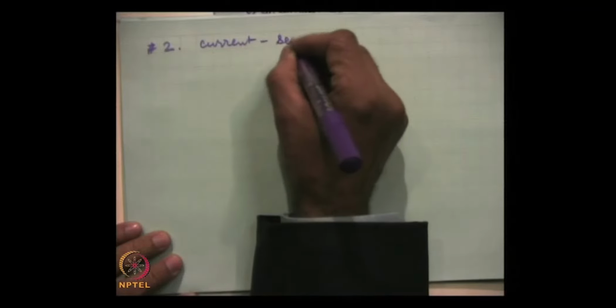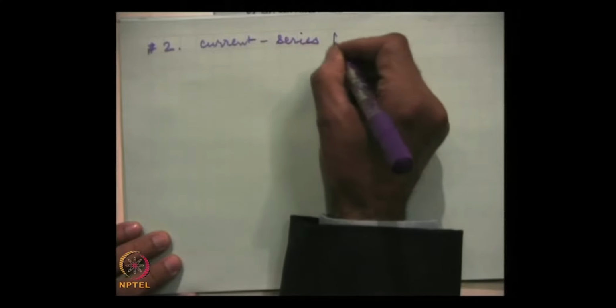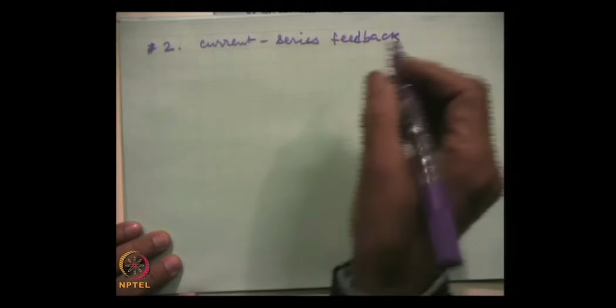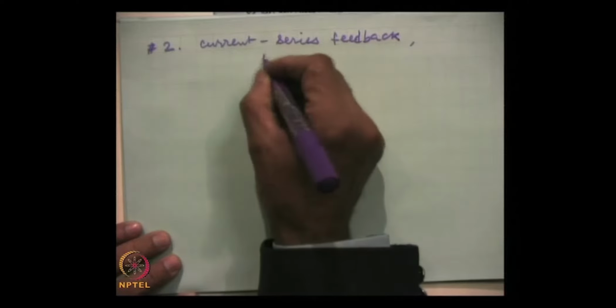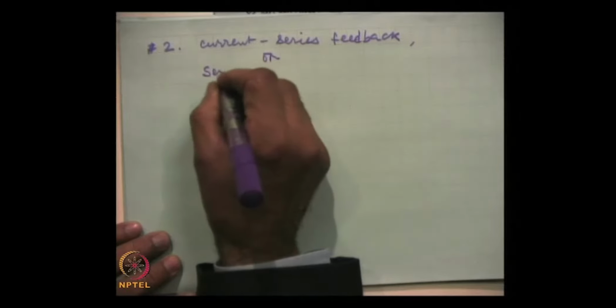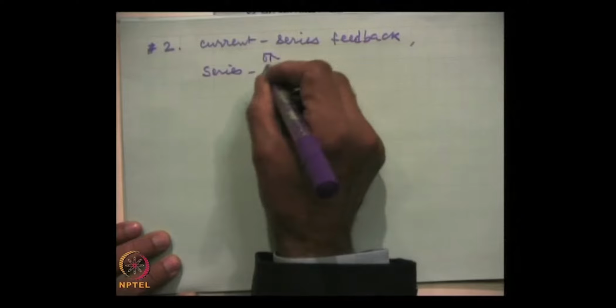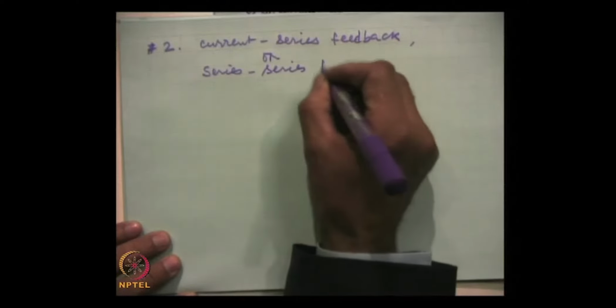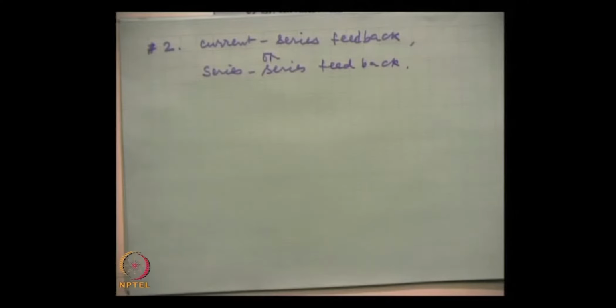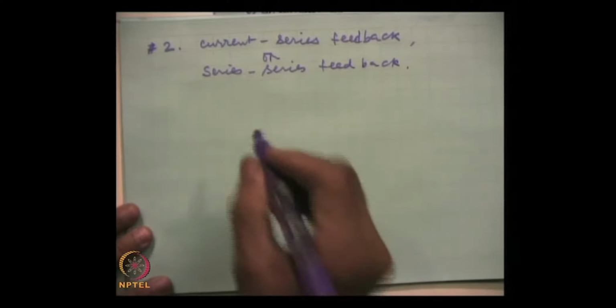So, this is current series feedback, or this is series. And the circuit for this is